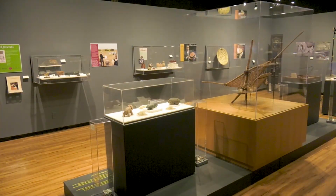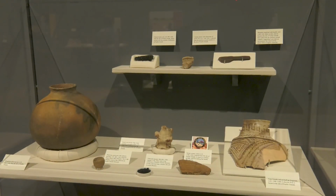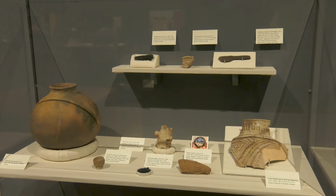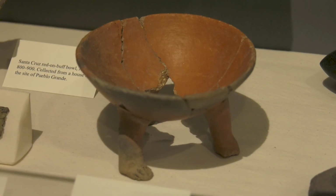I think it represents a great effort by the citizens of Phoenix and the government of Phoenix to preserve a very important archaeological site. And the fact that after 90 years it's still protected and used for educational and research purposes is a testament to not only the importance of the site, but to the appreciation of a unique site